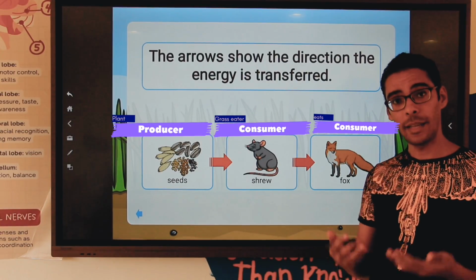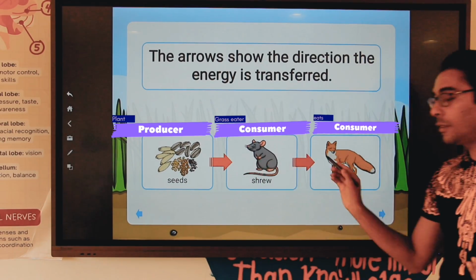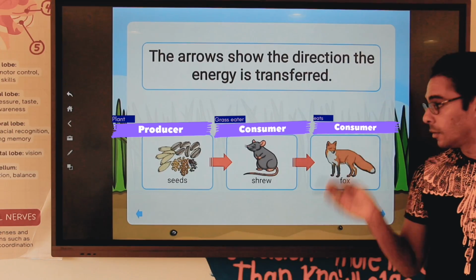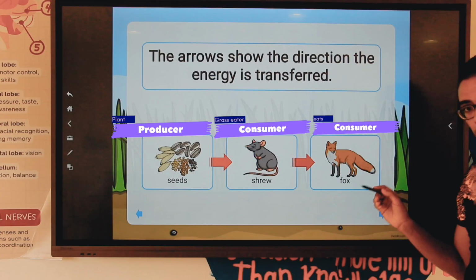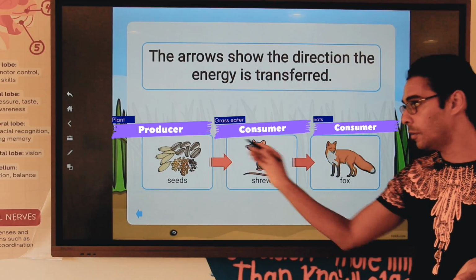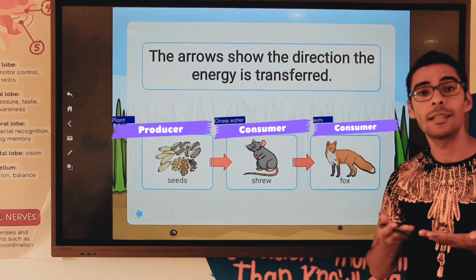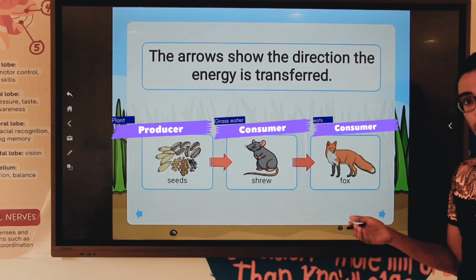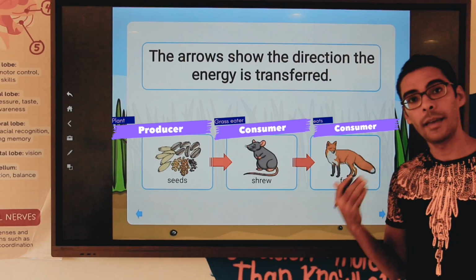Why do we call that an energy chain? Because they are connected together by the flow of the energy. Like a chain, many items are connected together, but what connects them together here is the energy flow. It passes from this one to this one, and from this one to this one. So they are connected like a chain. And the feeding relationship between them controls the movement of the energy.